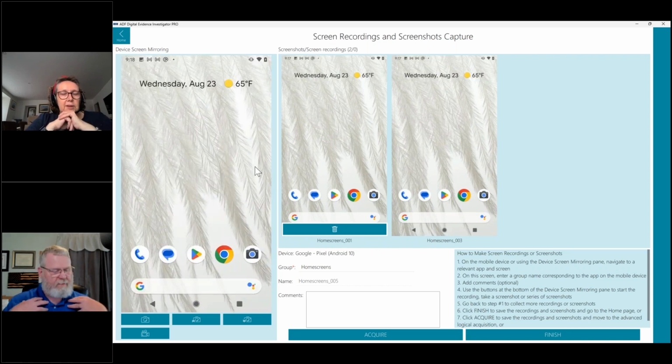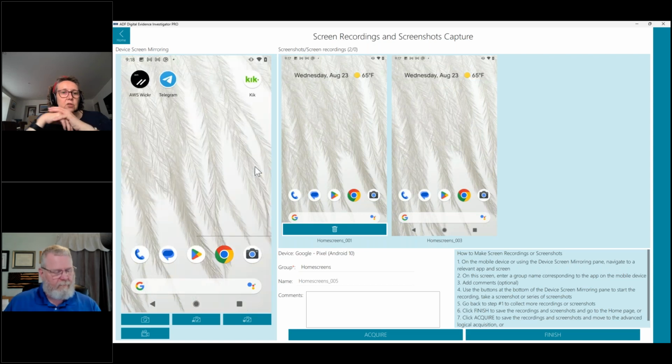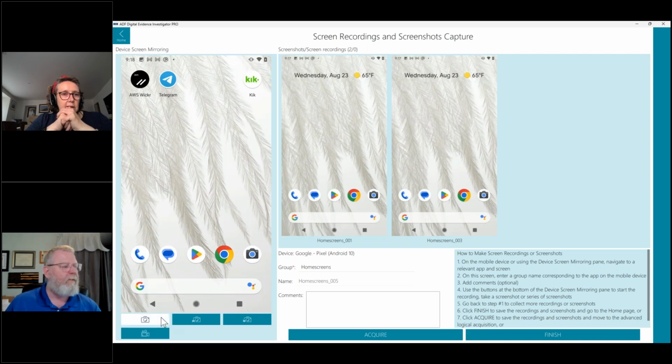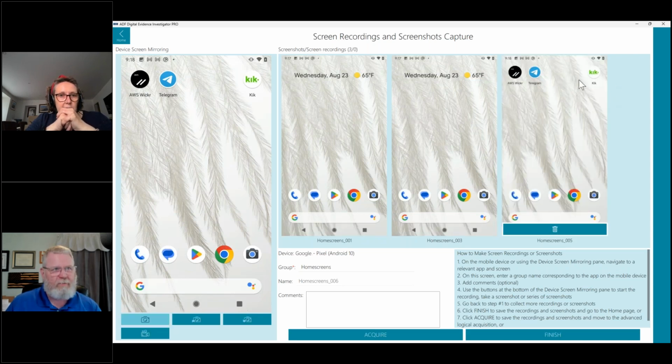So let's open it. You as the user of the phone, this is your phone. You've got Kik on there, for example. Let's go and have a look. So I can take a screenshot to show, hey, there it is. You can say, hey, I just want to show that you had Kik and it was on your phone and where it is on your phone. It makes it easier to explain to a judge, maybe, and makes them feel at ease as to why you're doing this.